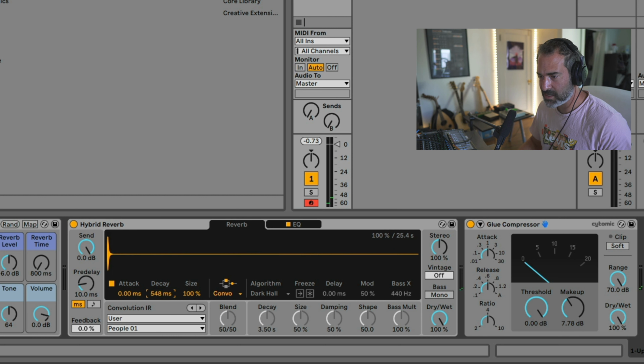take the decay down, make it really short. The size down will kind of determine the pitch. You can get very unique spaces, or of course very ambient spaces, using your own custom WAV files in the